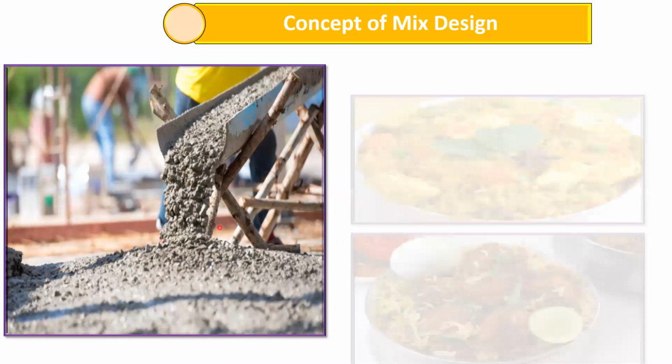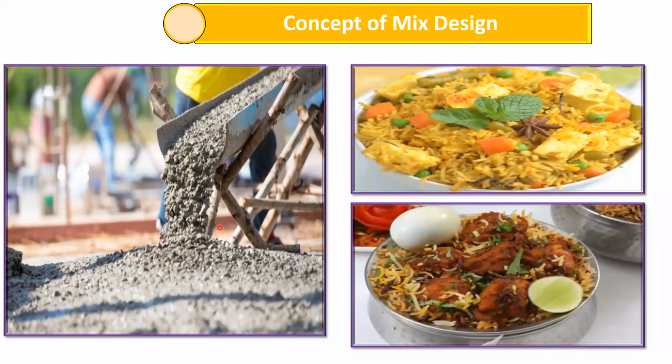To put it in a better way, we can understand this in this way. This is for the veg lovers, what we have is a paneer biryani, and this is for the non-veg lovers, what we have is a chicken biryani. Whenever we eat chicken biryani, or let us say paneer biryani, we also want that quality to be good, right? The rice should be good, the aroma should be good, it should taste well, isn't it? In the same way, whenever we prepare concrete, we want the same thing. When the final product arrives at the site, it has to flow properly. There shouldn't be segregation. It should be workable in nature. It should give us the required strength for which it has been intended. So this is all about the concrete mix design.